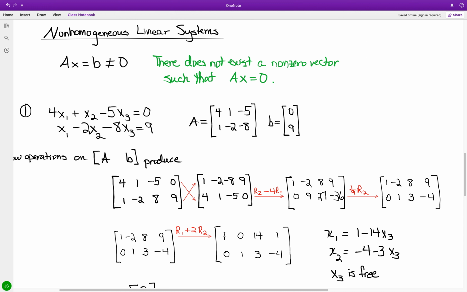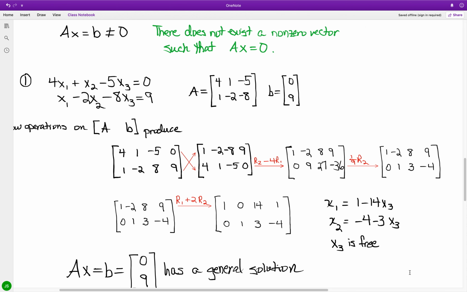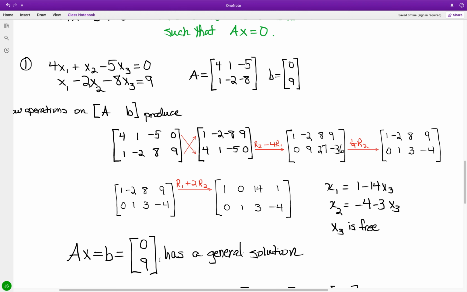So the first column has reference to x1, next x2, third x3, and then we have the constants to which each equation is set equal. For x1, this is equal to 1 minus 14 times x3. And from the second row, x2 is equal to -4 minus 3x3. And again, since there was no leading non-zero element that could reference x3, x3 is going to be a free variable. And so for Ax = b equals 0, 9,